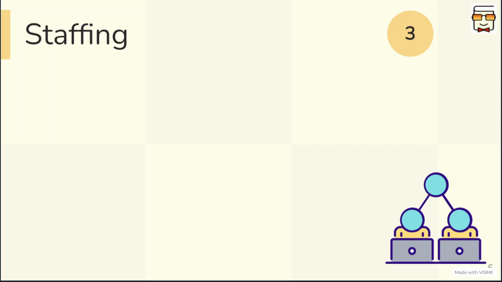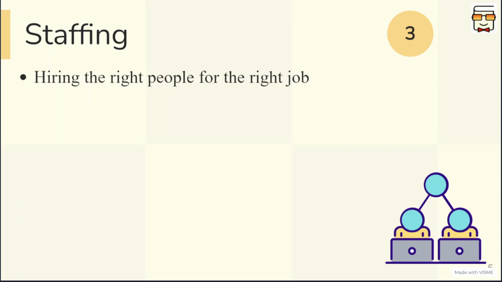The third function of management is staffing. Once you have decided your goals and the way of achieving them in the planning phase, and you have decided the structure of your organization,